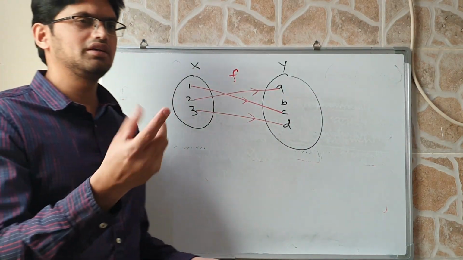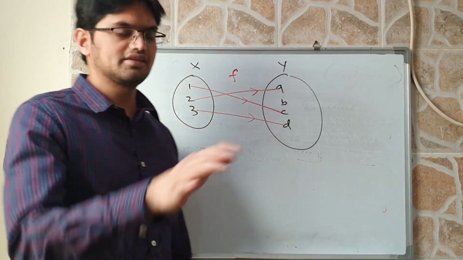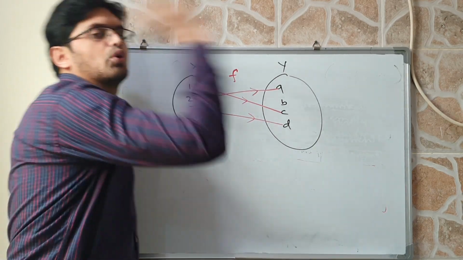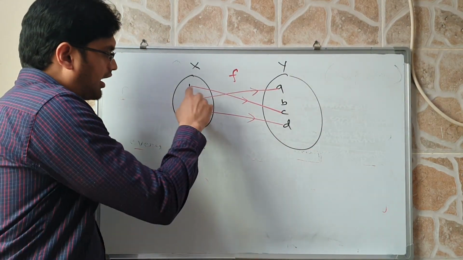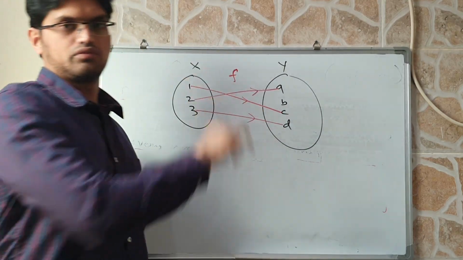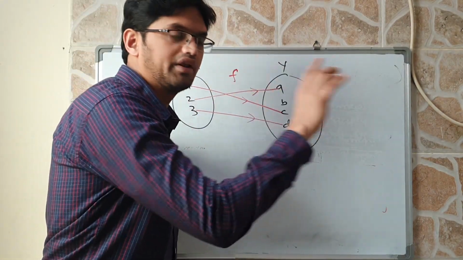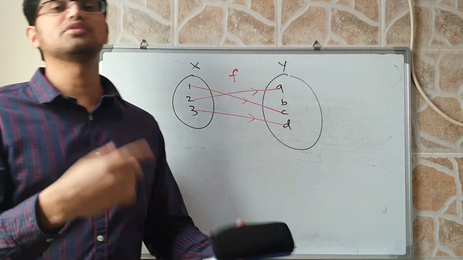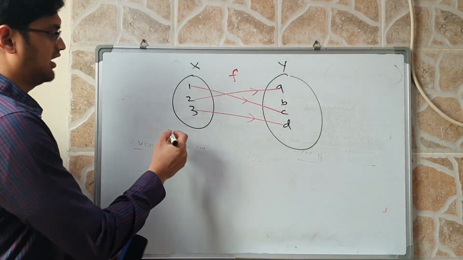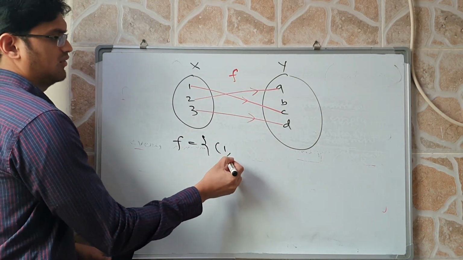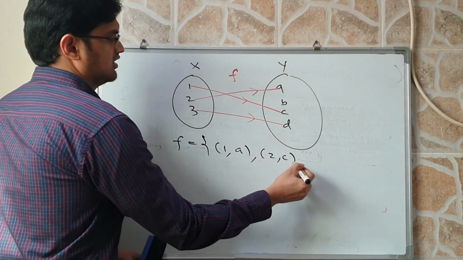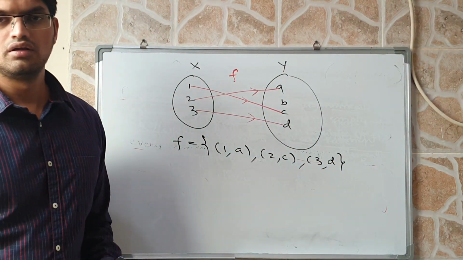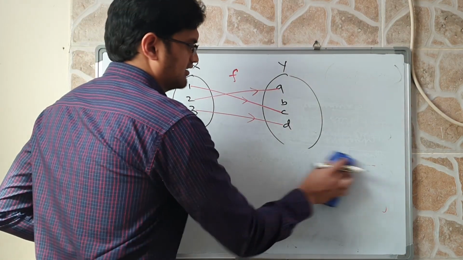To make it a little bit easier, let us say in our own language: from here, elements are there, and from here we are throwing arrows. So every member should throw one arrow, or be associated with one arrow. How many arrows? One and only one. Then it becomes a function. So what is this f? f is equal to, if I write (1, C), (2, A), (3, D), then f is a function.